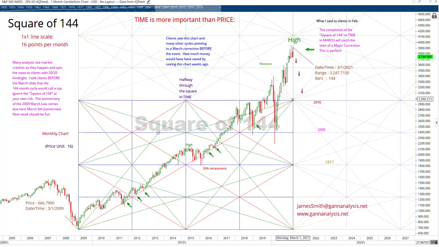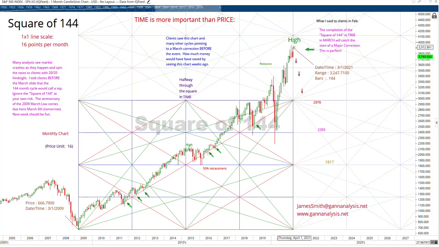Well, if a market is really strong, it's going to blow through it, and it did. But notice here, it stopped the rally on this 2 by 1 line, came down, found support here, then rallied back, got almost to the halfway point of the next square up in price,